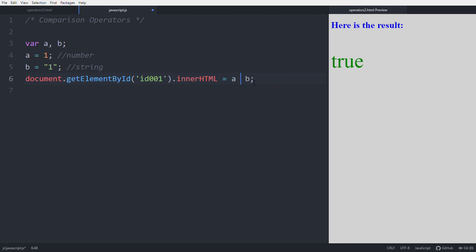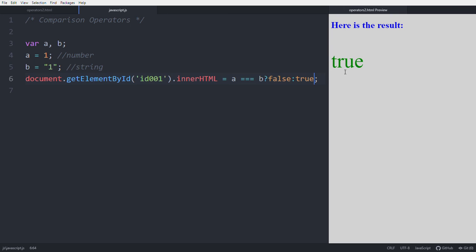The next is the ternary operator. False, true.